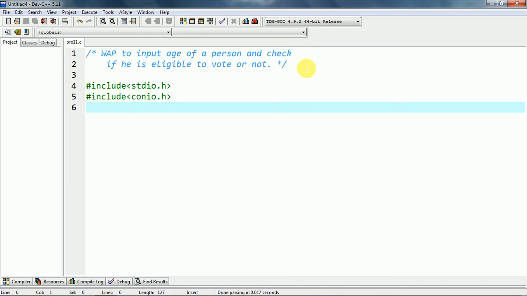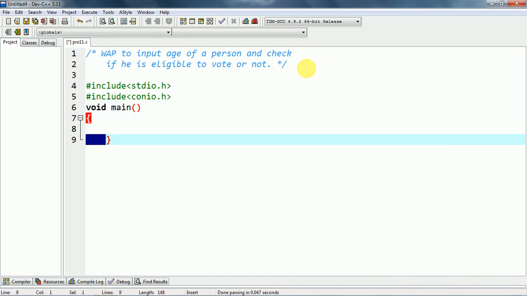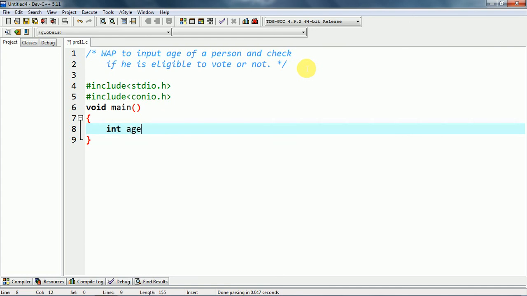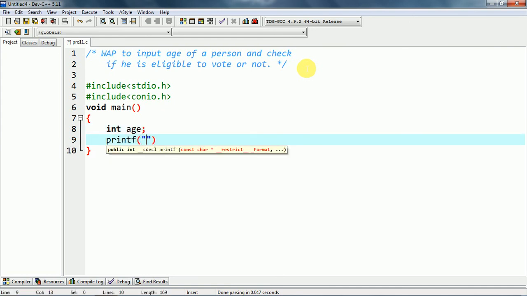यहाँ हम लोग चेक करने वाले हैं सबसे पहले तो कि क्या एज पर्सन की है. हम लोग इफ पढ़ रहे हैं, already we have discussed two questions on if and this is the third one. So एज की जो कंडीशन है वो हम लोग यहाँ यूज करेंगे, और उसके लिए हम लोगों को एज इनपुट लेनी होगी. So I am taking age as a variable and printf enter age of a person